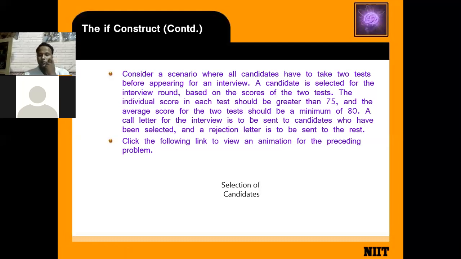So you have three conditions here. Test 1 and test 2 must be greater than 75. Average is a minimum of 80, meaning it is greater than or equal to 80%. Then the candidate gets a selection letter, or else the candidate gets the rejection letter. Now we go for the